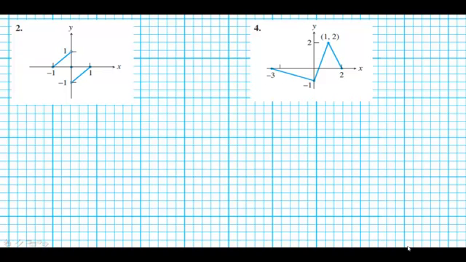Here's problems 2 and 4 from section 4.1, and in both of them they ask what are the extreme values and where do they occur. Let's focus on problem number 2 first, and let's say is there any absolute maxes